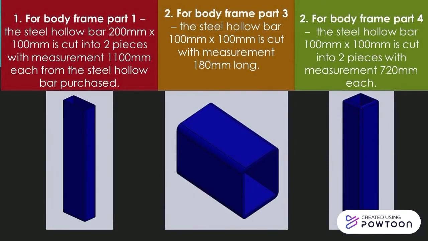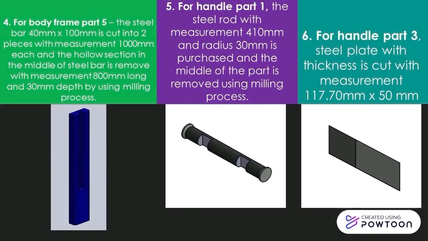For body frame part 3, the steel hollow bar 100mm x 100mm is cut with the measurement 180mm long. For body frame part 4, the steel hollow bar 100mm x 100mm is cut into 2 pieces with measurement 720mm each. For body frame part 5, the steel bar 40mm x 100mm is cut into 2 pieces with measurement 1000mm each, and the hollow section in the middle of the steel bar is removed with measurement 800mm long and 30mm depth